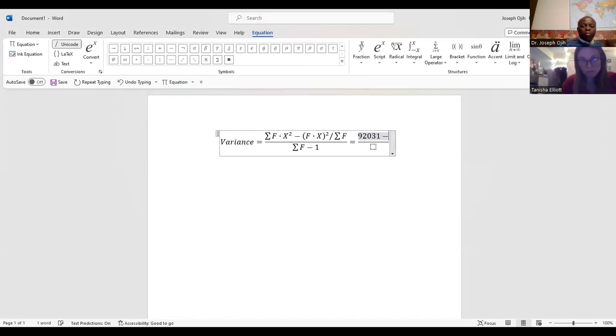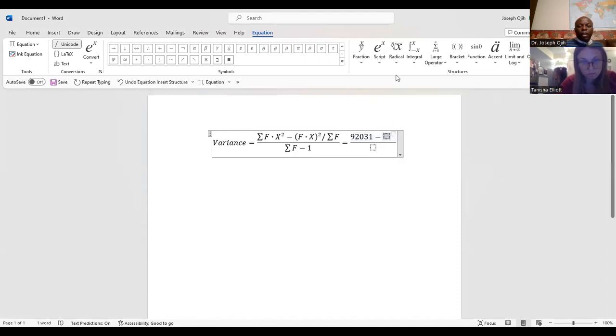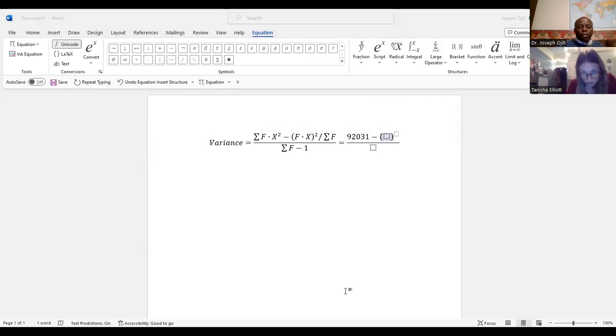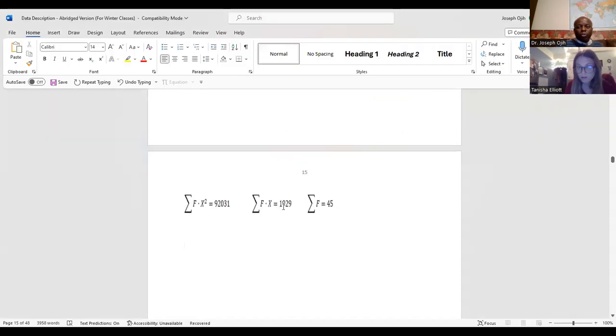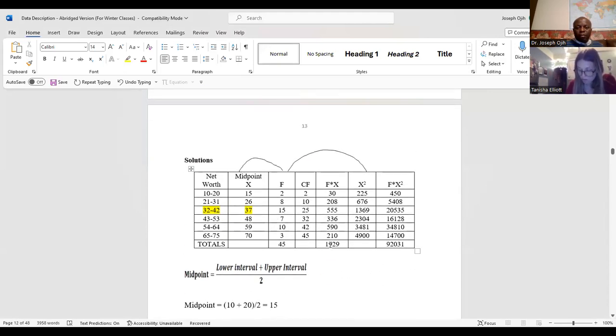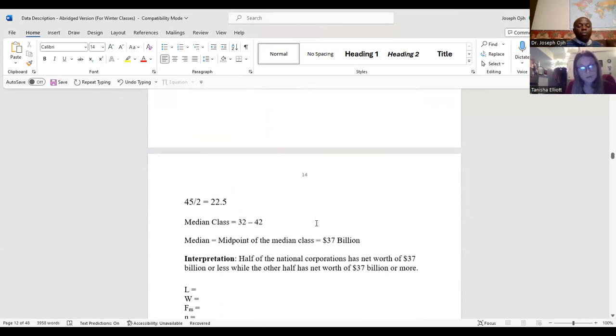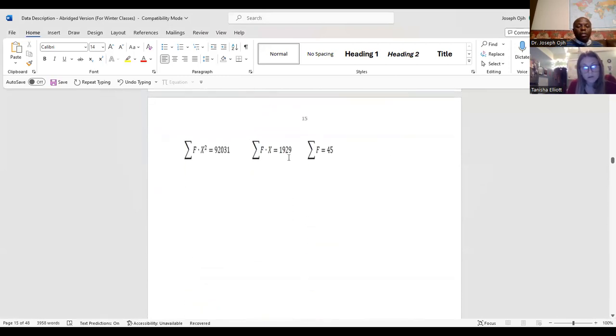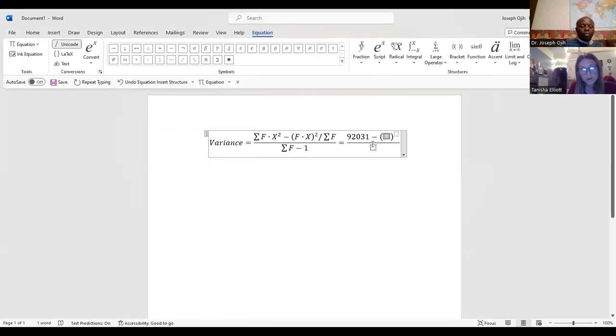92031 minus the sum of f times x. This one, sum of f times x squared. You can see from here, right here. And of course, you know where we got them from. We got it from the table, see, right here. So you put it in: 1929 squared